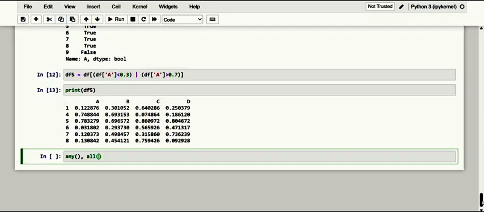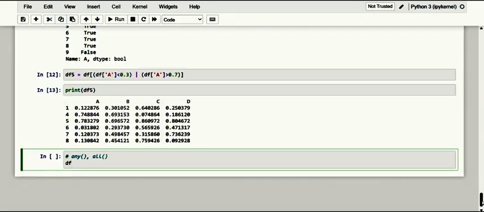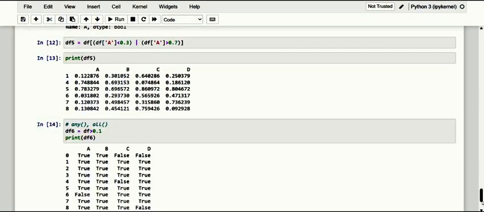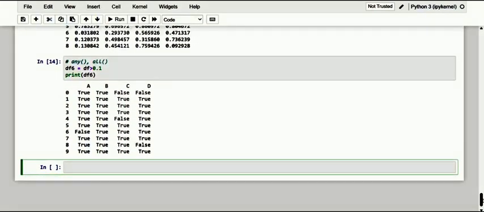But let's see an example to clarify the functions. Dear friends, we apply a Boolean condition in which all the elements of the data frame are evaluated. For example, if we want to know which elements of the data frame have a value greater than 0.5, how do we make use of it? So 0.5 or 0.1 or whatever. Here I'm going to show you: df greater than 0.1. Let me execute the same. In this case, we got a data frame full of Boolean values. Kindly see, everything is Boolean values.